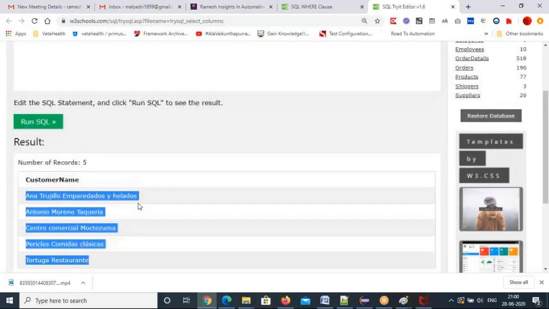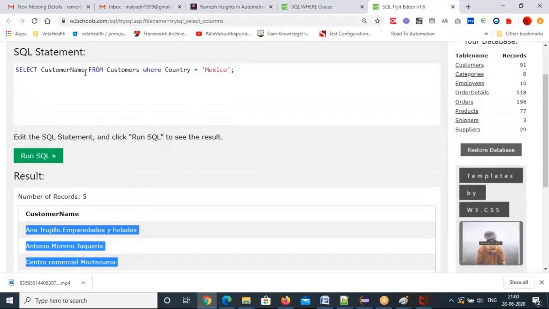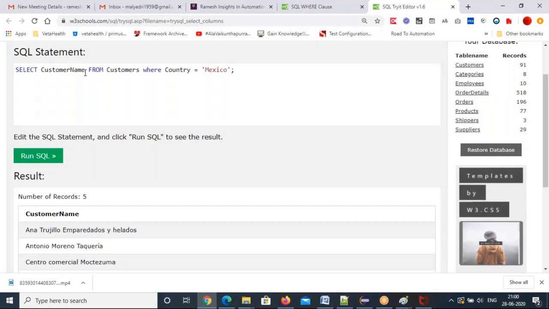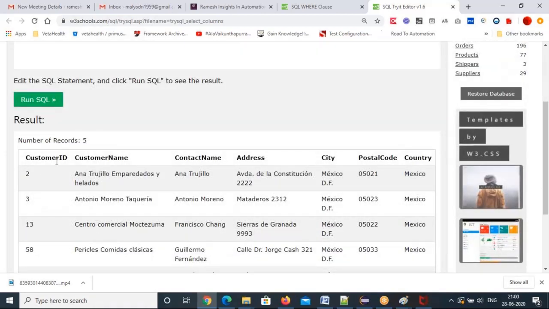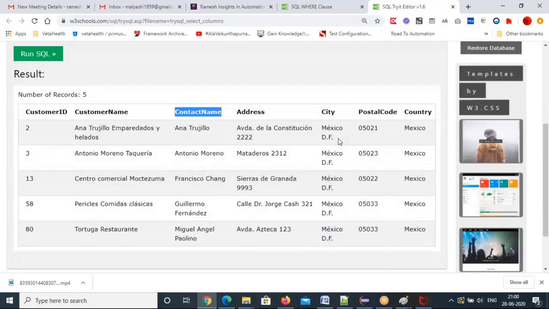So if you want the country also, you can print country. No need, right? Since you are giving the where clause here, only Mexico country related people will get it. If I want all the columns, all the data of that table, you can get it with star. If you see this, customer ID, customer name, contact name, address, city, and all from Mexico, right?